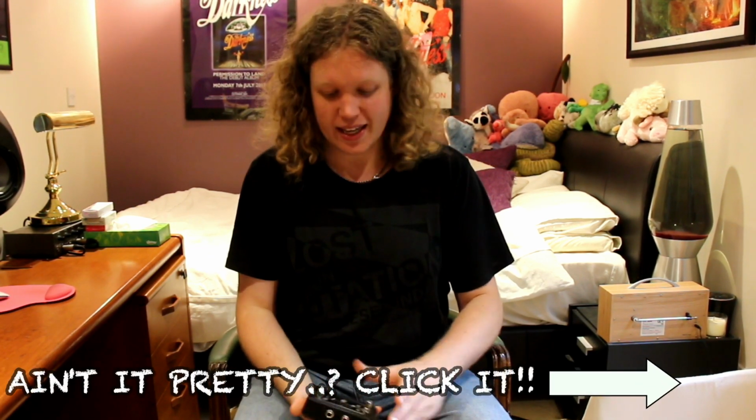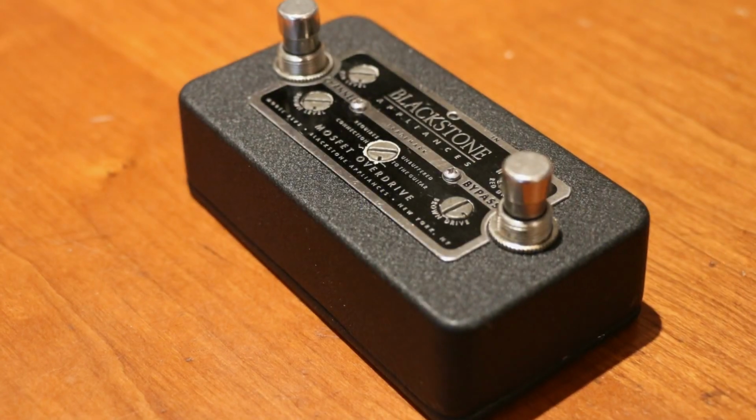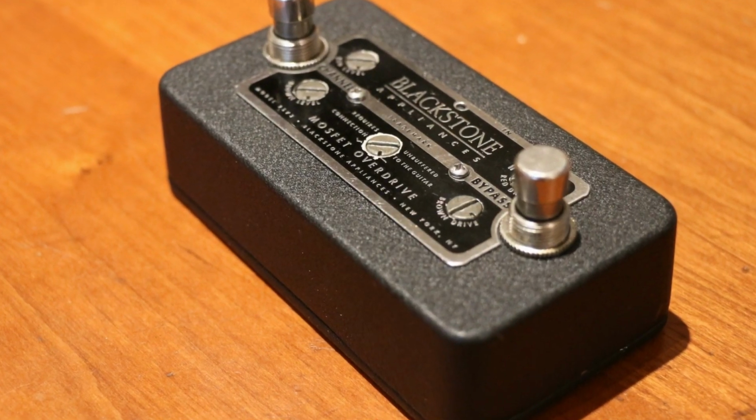Today guys, I'm going to take another look at the Blackstone Appliances MOSFET Overdrive. Now I reviewed this pedal a while back and it's one of my all-time favourite overdrive pedals. But a quick story about this pedal before I start. I bought this second-hand on eBay and it turned up and I shot the demo of it and I absolutely